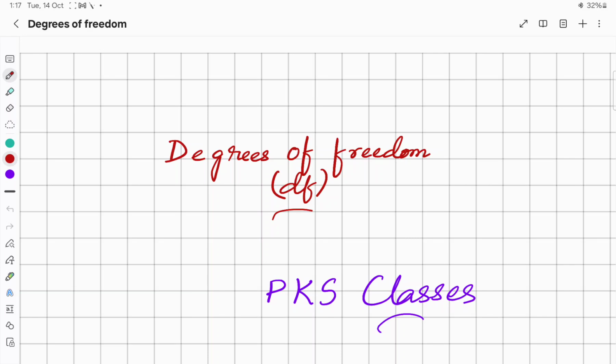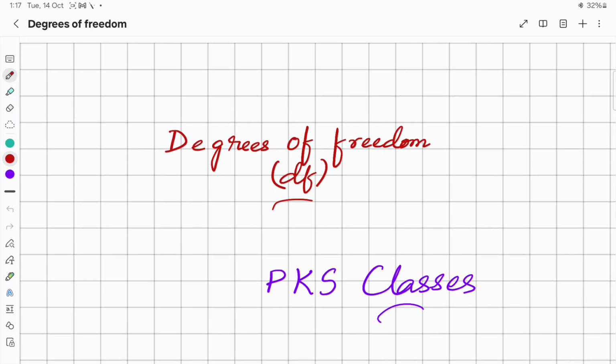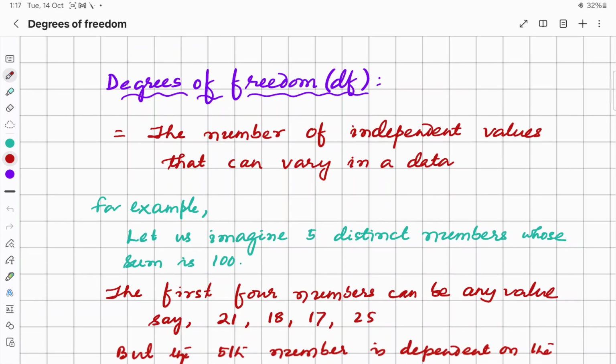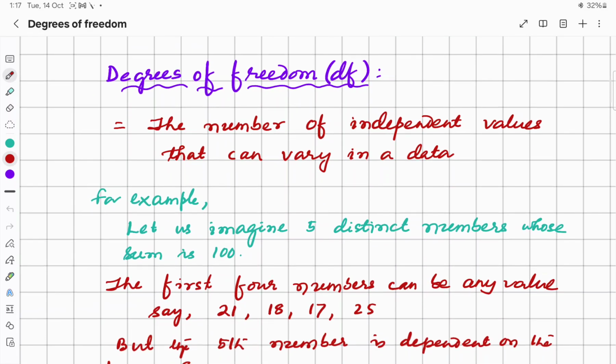Today in biostatistics we will study degrees of freedom. So degrees of freedom, or degree of freedom, is the number of independent values that can vary in a data during calculations. We use this degree of freedom, and this degree of freedom is the number of independent values that can vary